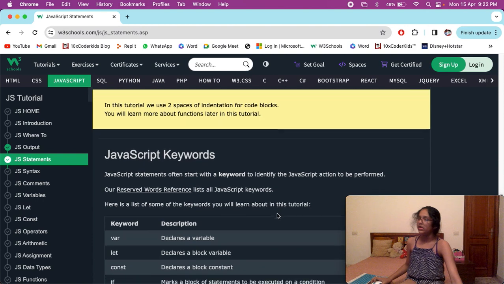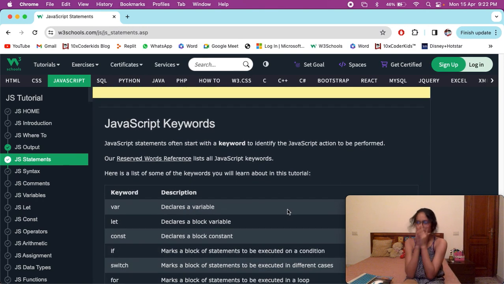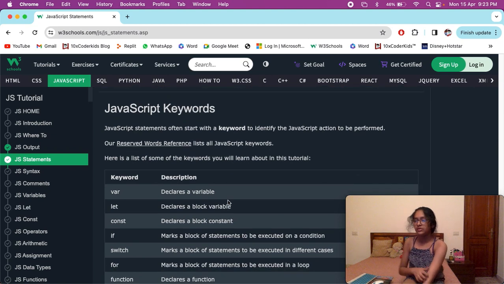Now these keywords are basically words that you cannot use in variable names. These are for specific tasks. For example, if you put break or if, we use the if keyword to make a condition. Have you ever seen a variable known as let if? No, because these are reserved words. We cannot use them as variable names. They are designed for specific tasks.